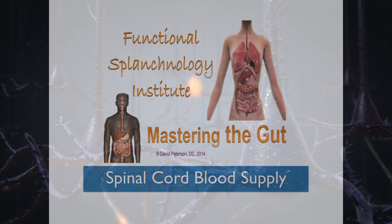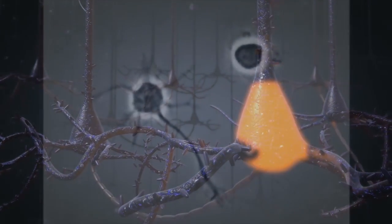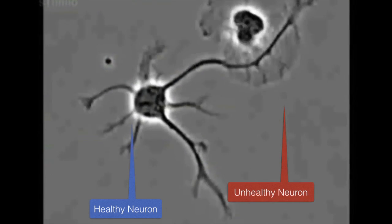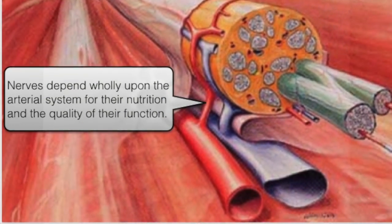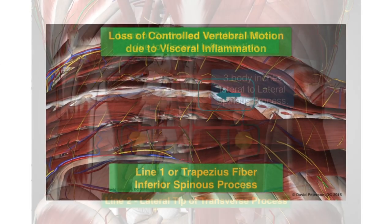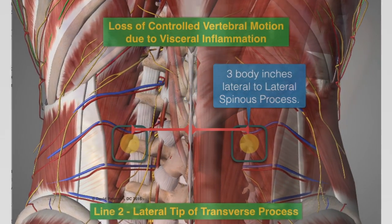All nerves depend wholly upon the arterial system for their nutrition and the quality of their function, such as sensation, signal transmission, and motion, even though by the law of reciprocity they furnish force, nutrition, and sensation to the artery itself. Components of the neuroendoimmune supersystem control every cell in the body through a collaboration of the blood supply and